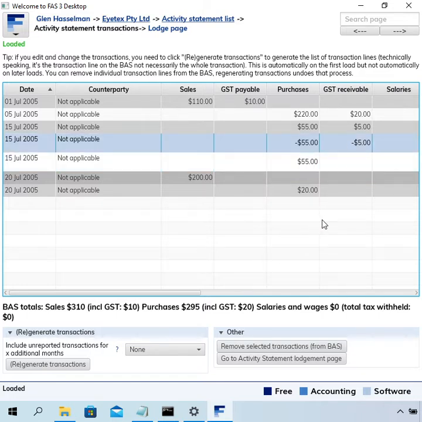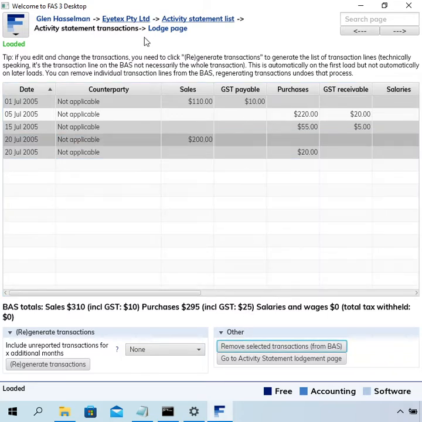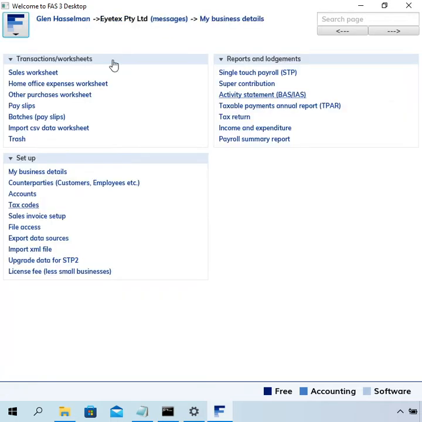Now that is one way to correct an erroneous transaction that's on the activity statement. I'll just show you another one as well. So firstly, I'm going to delete these transactions. We'll do that by removing them from the activity statement. First of all,